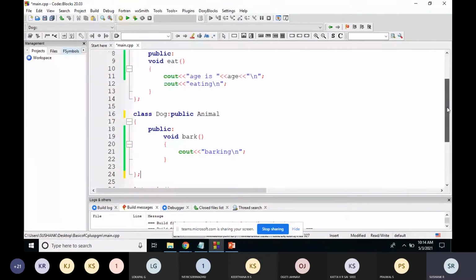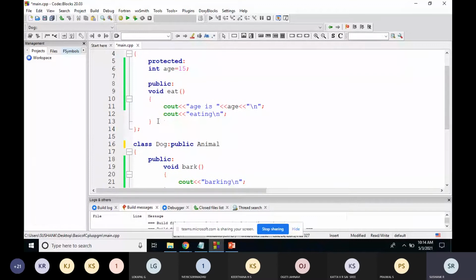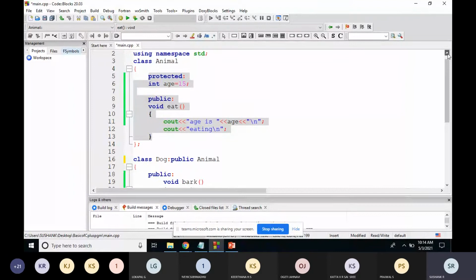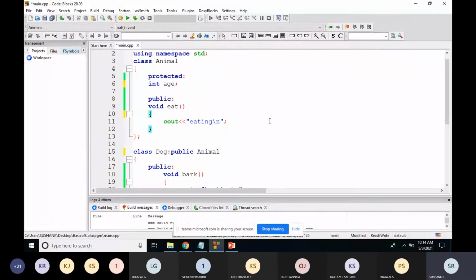Now the same thing. In the first example, I gave the variable called age, which was accessible within this function called eat. Now I made this protected, right? So by definition, protected means it can be accessible within this class called animal, and also outside the class it is accessible by its derived classes.